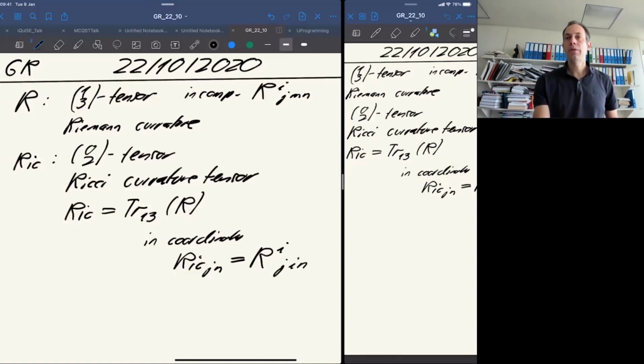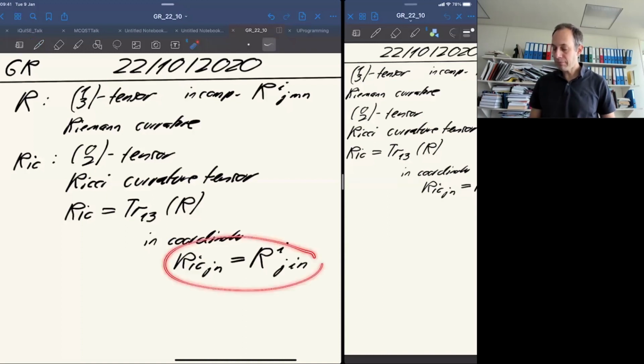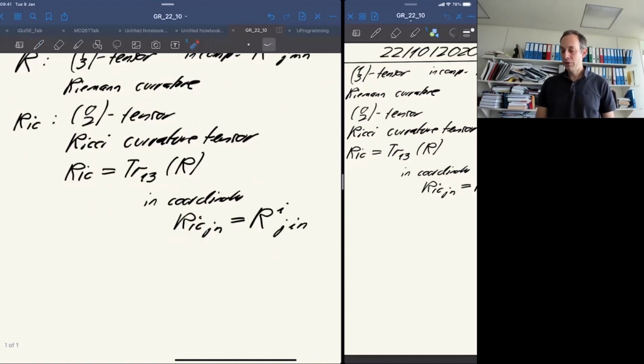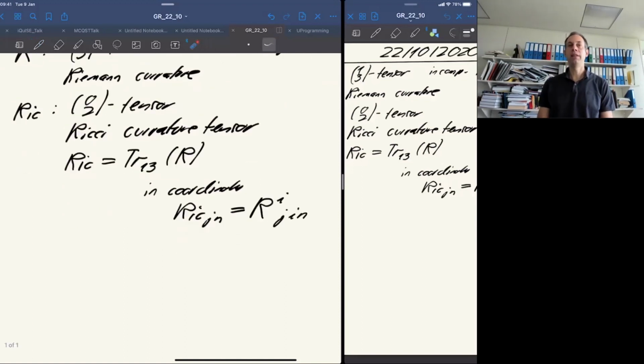Okay, so why do I tell you that? Of course, I could define different objects. I could take other traces. It turns out that this trace is a non-trivial trace. Because of symmetries, it could happen that certain traces also just result in a 0 tensor. This is not the case for this particular trace. So the Ricci tensor is a non-trivial tensor, and it's certainly a tensor because we have seen that the trace of a tensor is again a tensor. And the reason I